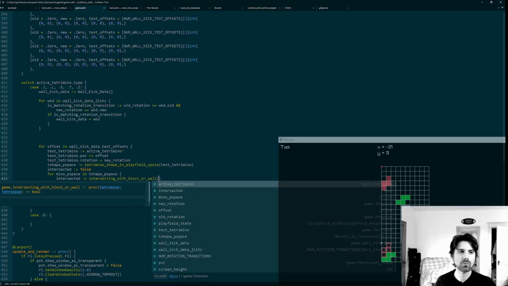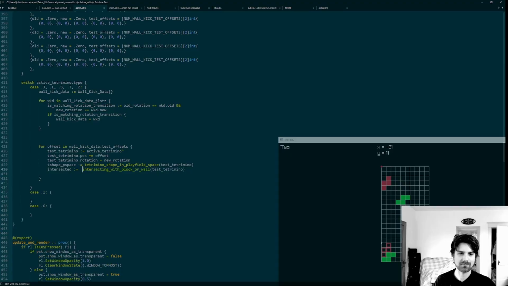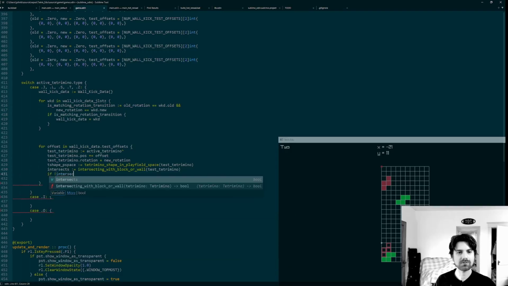And what we will get if intersects with block or wall, the tetramino, so that would be the test tetramino. Oh, we could just pass in the whole tetramino here. We don't need to go over all the minos. Even better. Intersects. So if not intersects,